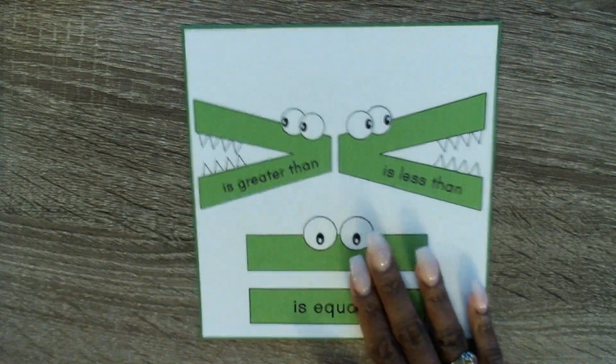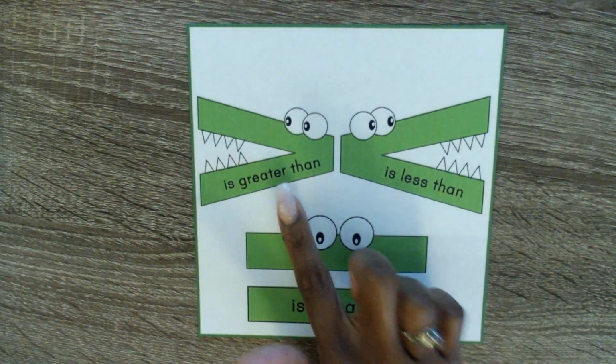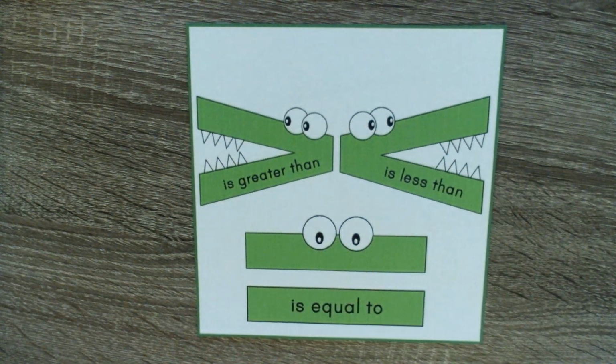As you can see by today's picture, we're going to be focusing on greater than, less than, and equal to. Today we're going to focus on comparing two-digit numbers. If you remember from my previous video, we were learning all about two-digit numbers. We were building them using tens and ones, and we were solving them in addition and subtraction equations. 10 more, 10 less. We were taking away multiples of 10. So today we're going to back it up a little bit and we're going to learn how to compare two-digit